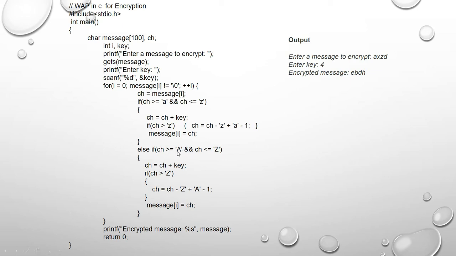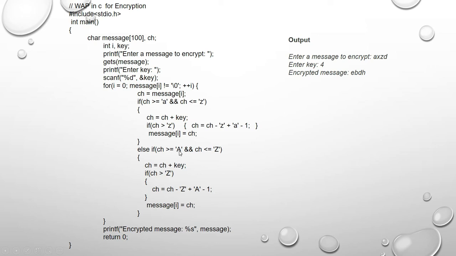So it checks the logic: if my choice falls between 65 to 90, then proceed to the next option. Here it is the same funda. Again it checks.